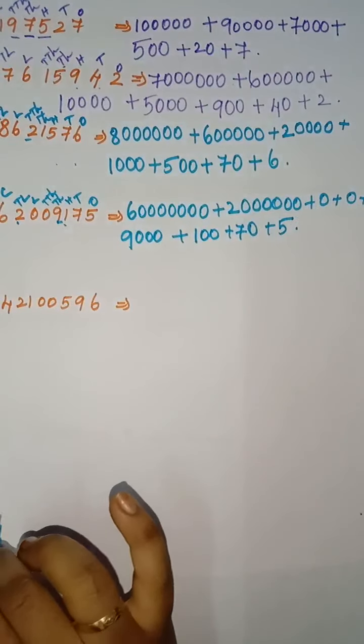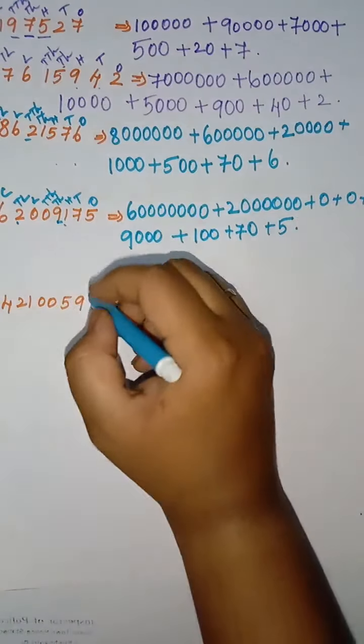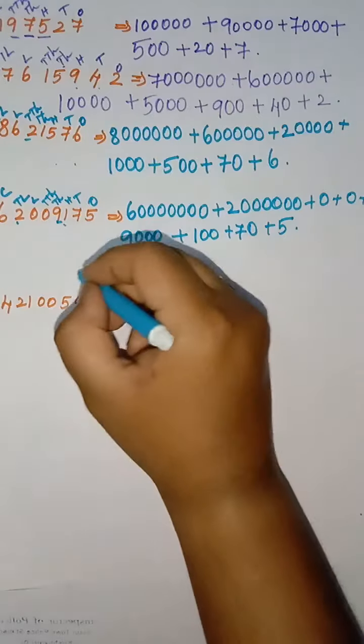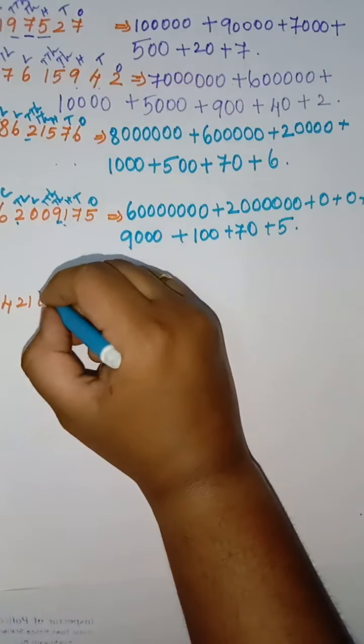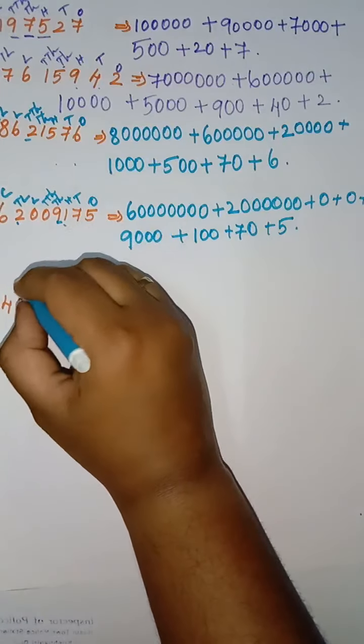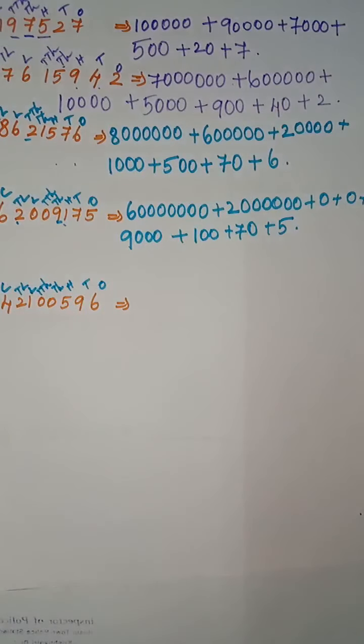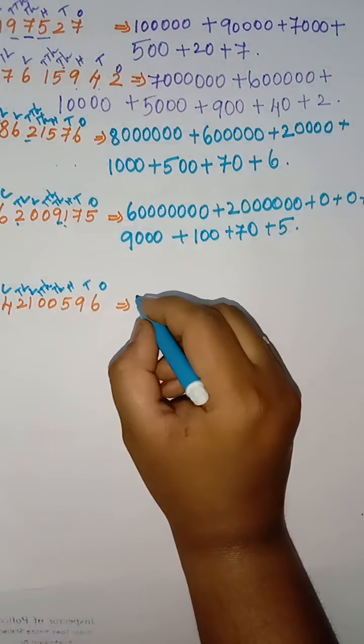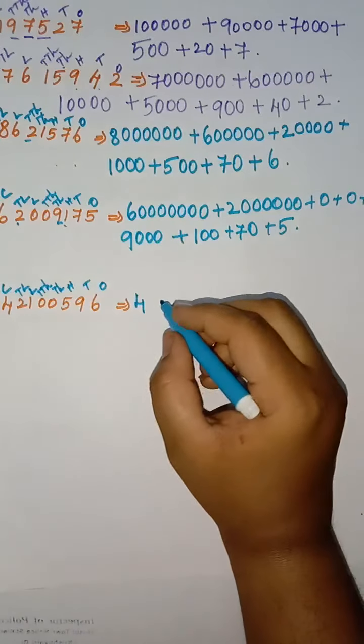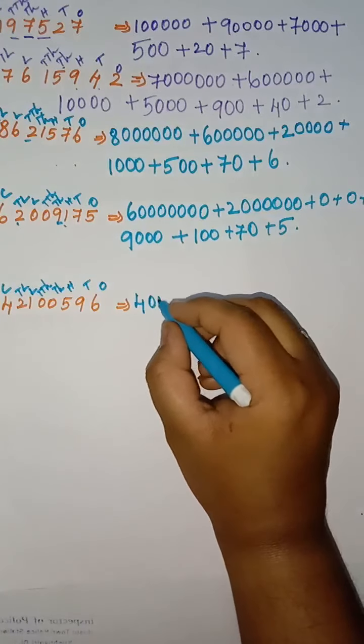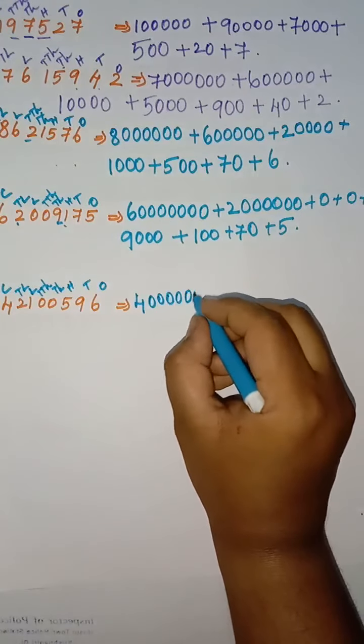Okay, the last question, here we are going to put the place value. Ones, tens, hundreds, thousand, 10,000, lakh, 10 lakh, crore. So the same thing has been repeated again. For 10 lakh it is 6 zeros, which means for crore it will be 7 zeros. So here I am going to write 4. How many zeros am I going to write? 7 zeros. So 1 2 3 4 5 6 7.